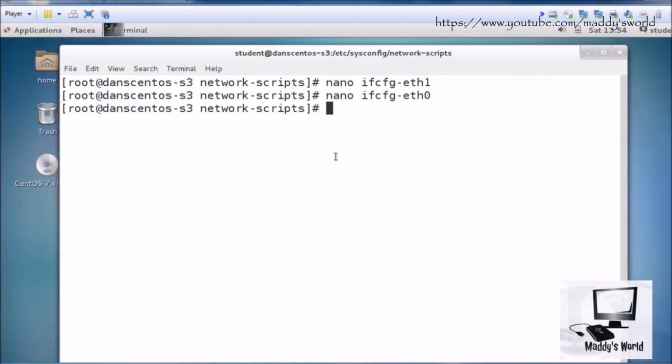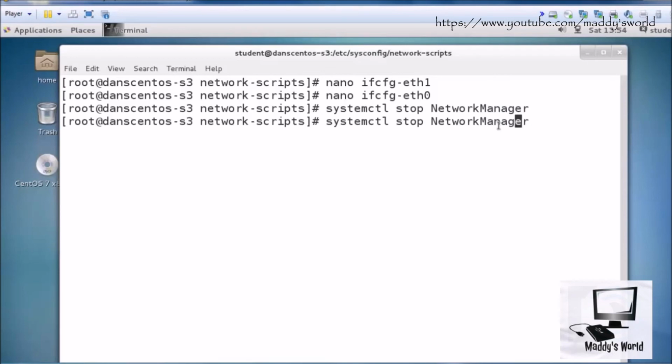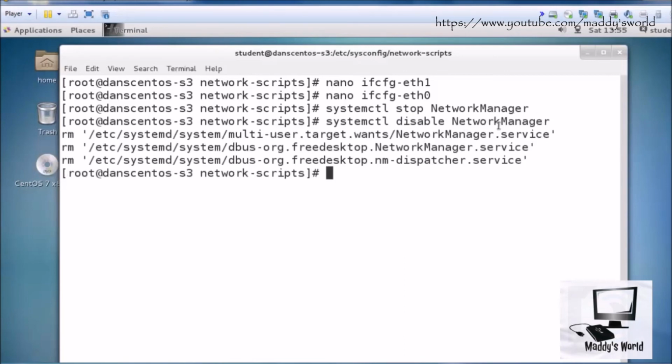So to get rid of the NetworkManager, I'm going to type in systemctl stop NetworkManager, all one word, and notice a capital N and a capital M, and that should stop the NetworkManager. And then I'm going to do an up arrow, and then I'll change it to disable. So systemctl disable NetworkManager, that looks good too,